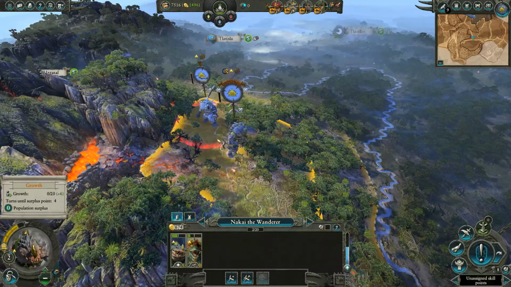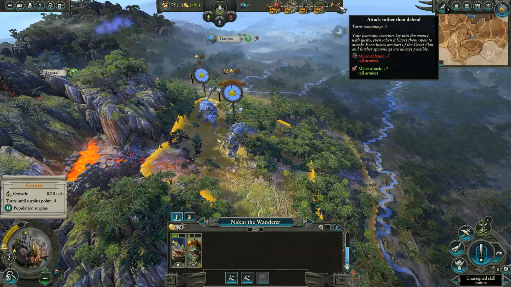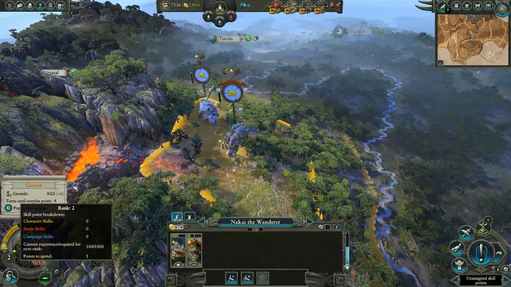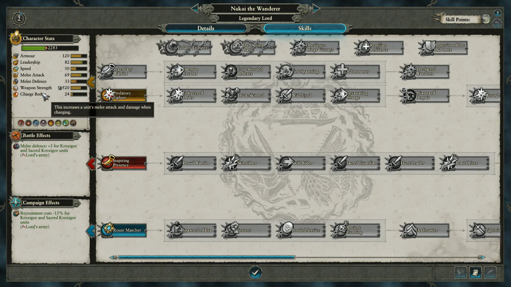So let's see what is wait. You gotta check the stats. 120 armor, leadership of 82, probably 80. There's a buff right now taking effect. Speed of 50. I just hit this one over here, which reduces melee defense minus 7 and upgrades the melee attack plus 7. So bear in mind that it's a lot less. It's actually 62, and this one is 40. Weapon strength of